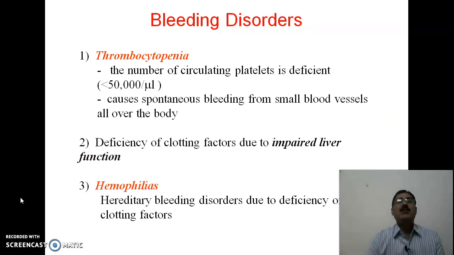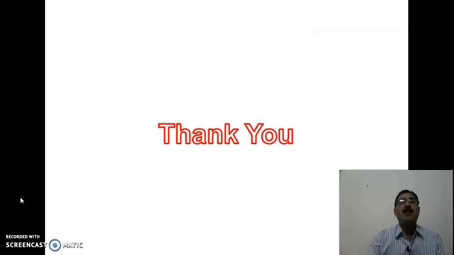The bleeding disorders are thrombocytopenia, when there is a lesser number of blood platelets, and hemophilia, which is a hereditary bleeding disorder. So this